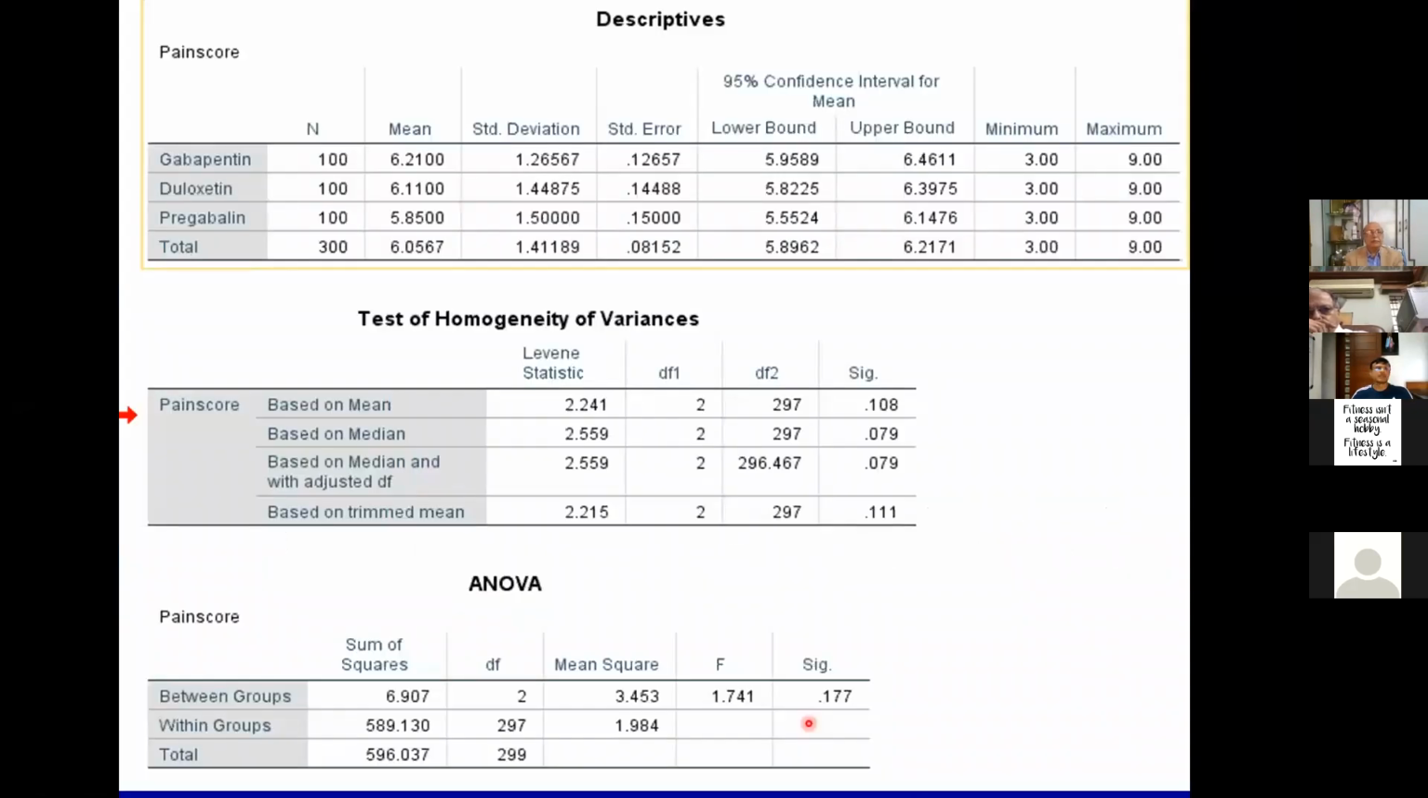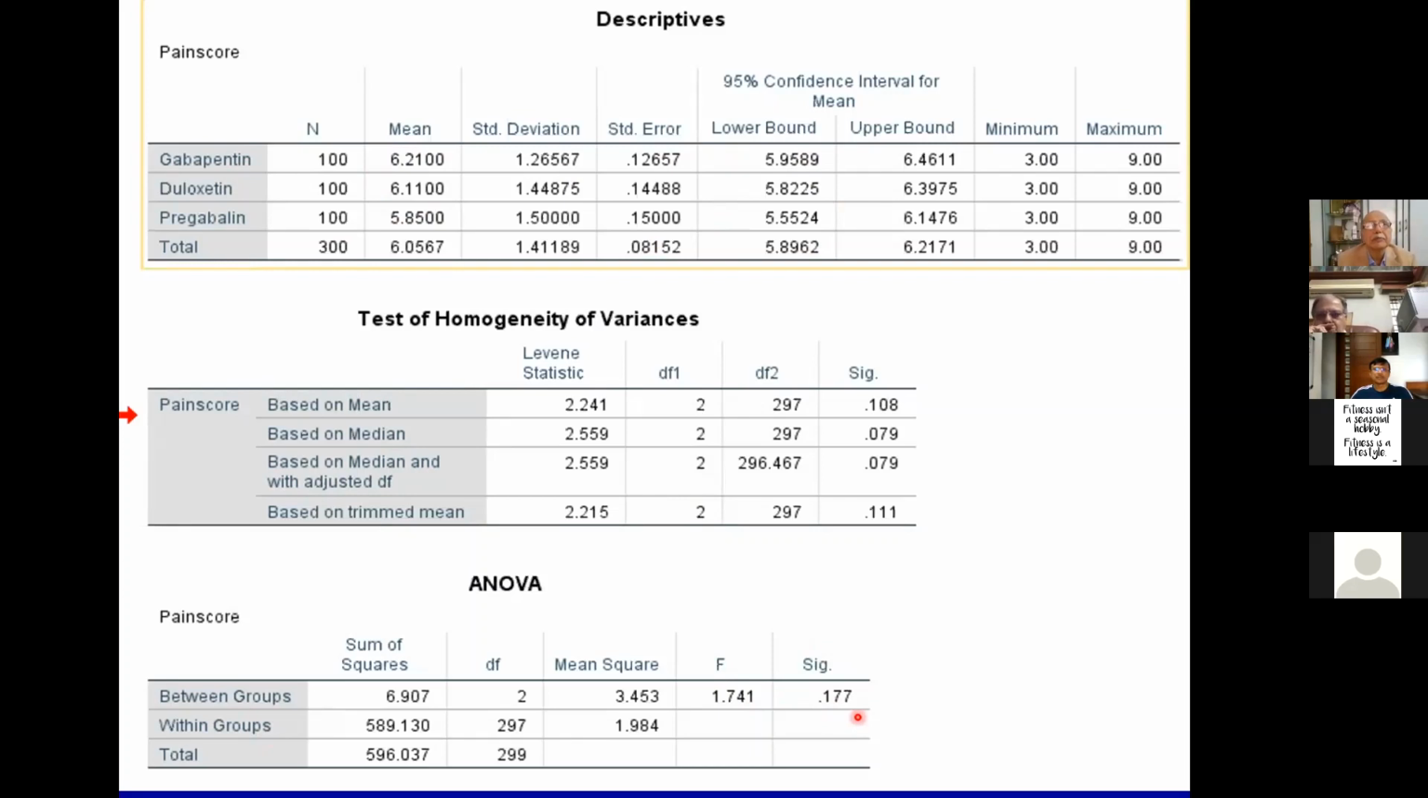This is what we get. Now this looks pretty complicated for all of us now. Just follow my cursor, right? So gabapentin here, duloxetine, pregabalin, 100 people each. Do we have the mean here? Standard deviation, upper bound, all of that. This is basically a summary, right? We'll ignore this for now. And then we have the between group difference and then the within group difference, right? And we have the F statistic here. And this is the significance,